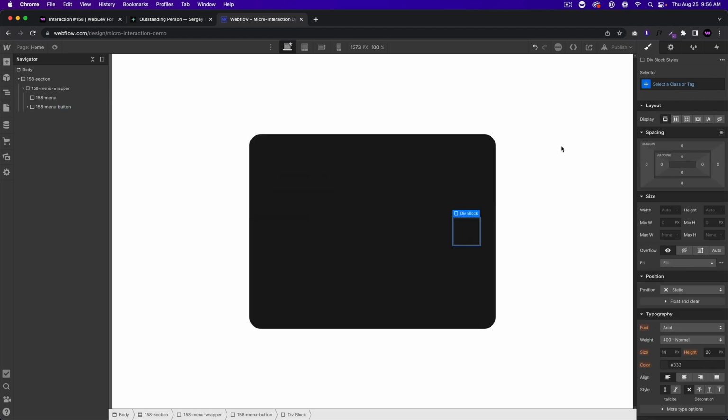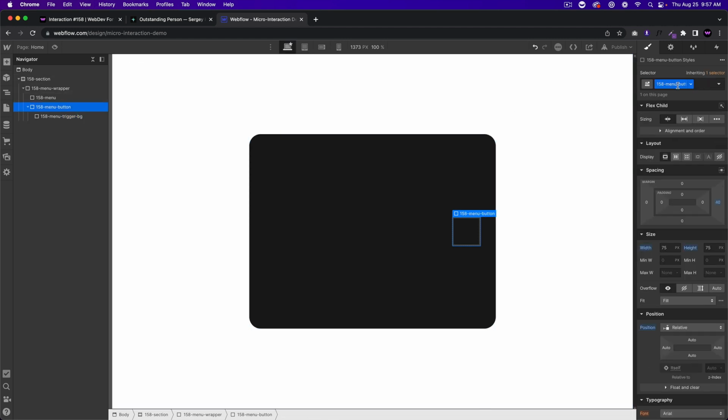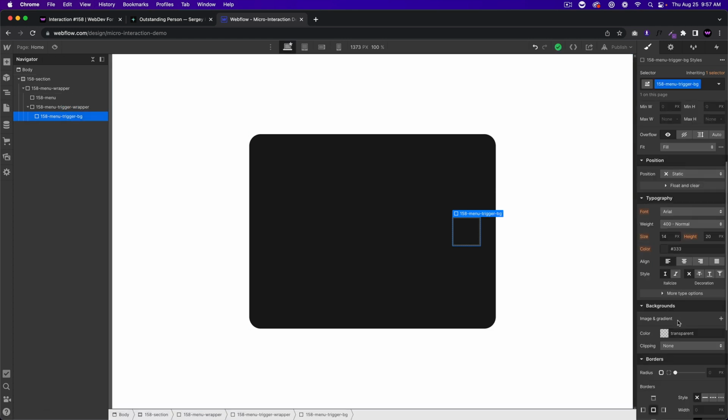Then in here, we'll add a div block, and we'll call this 158 menu button or menu trigger background. Let's call this, instead of menu button, let's call it menu trigger wrapper. Okay, then we have the menu trigger background, and for this I'll set it to